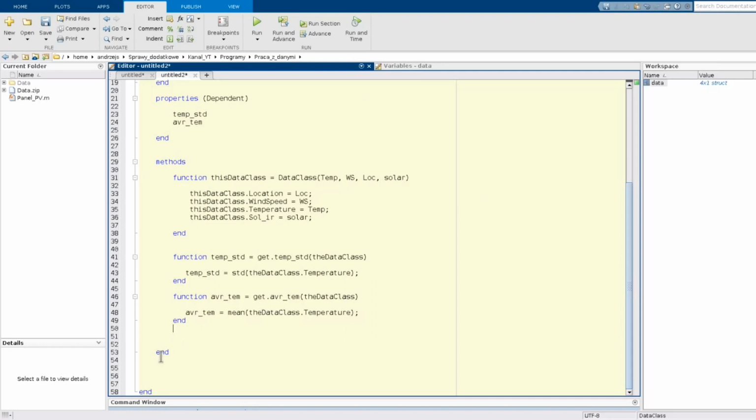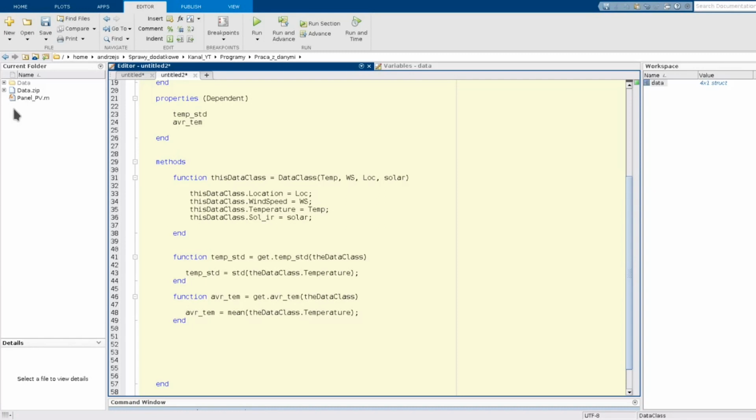Let's have a look at what we can do if we have much more complicated calculations to perform, and those calculations are already created, the function for it is already created, and we want to use it inside of our class.